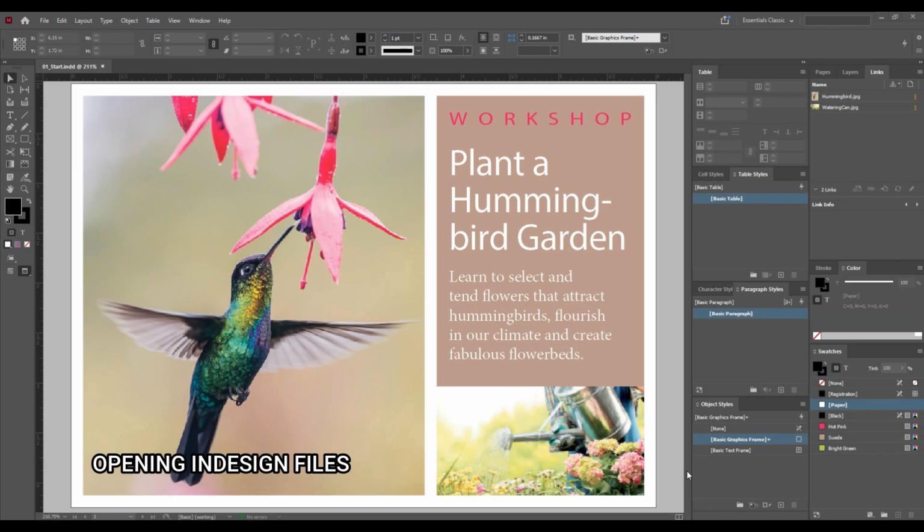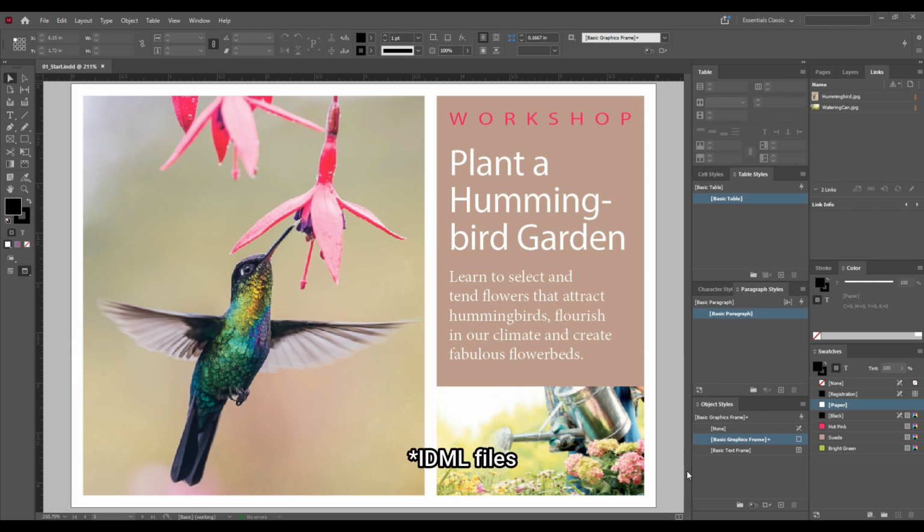Now let's see if Affinity Studio is able to open up InDesign files. First of all, please note that Adobe InDesign files use the INDD file format. The INDD file format is not supported in Affinity Studio. This is because that format is a proprietary format for Adobe, and that format is not open to other applications. However, Affinity Studio should be able to open up Adobe InDesign IDML files.